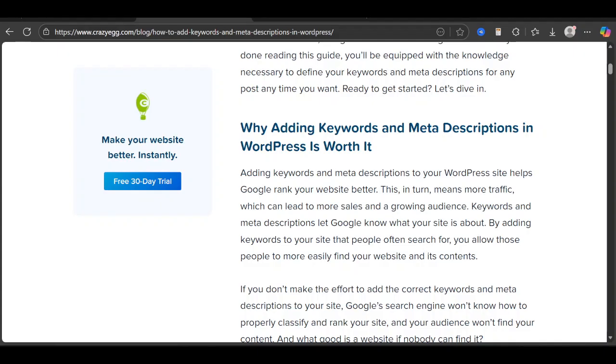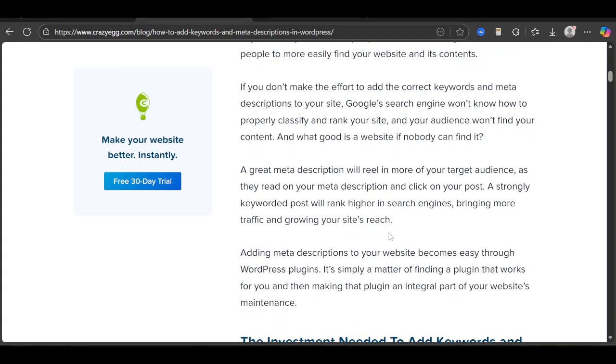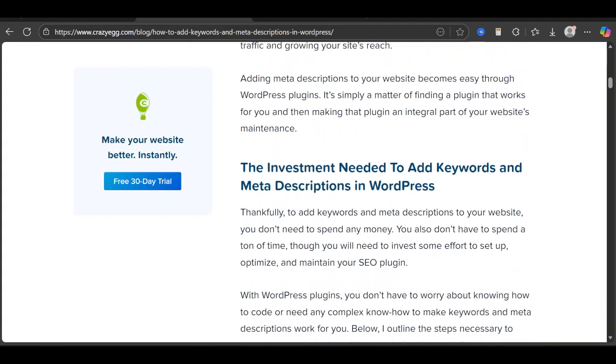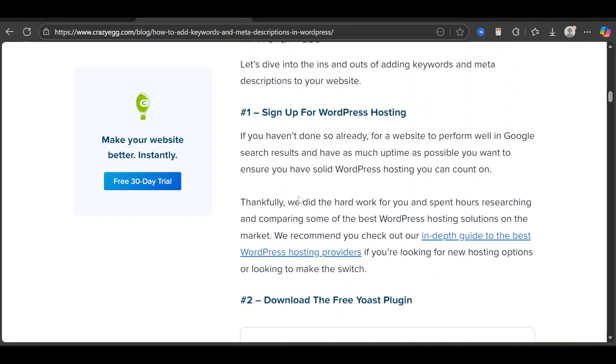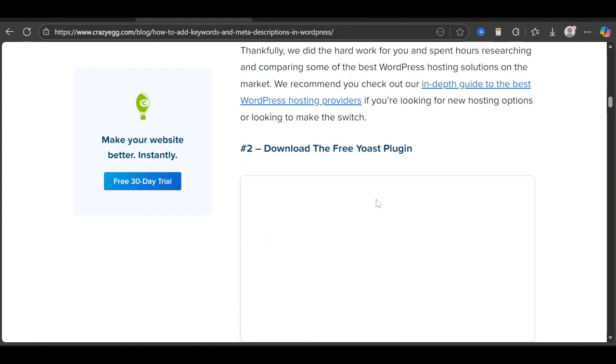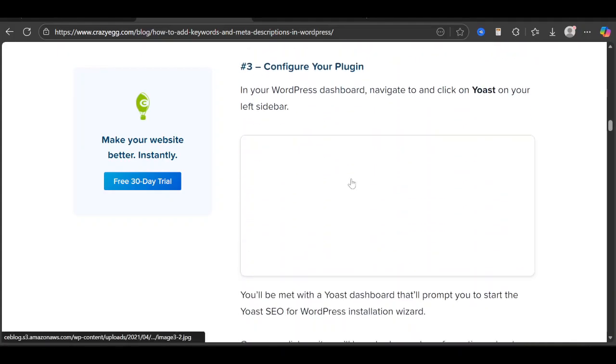So by adding those keywords for the actual options that you have searched for, you allow those people to easily find you more. Now, you can also get right here some meta descriptions and the likes. So the keywords right here is needed. You need to sign up first for WordPress hosting, download the Yoast plugin directly, then configure your plugin right here